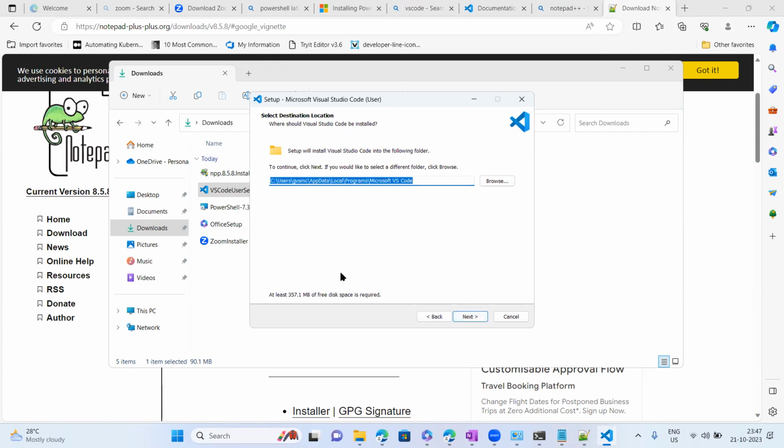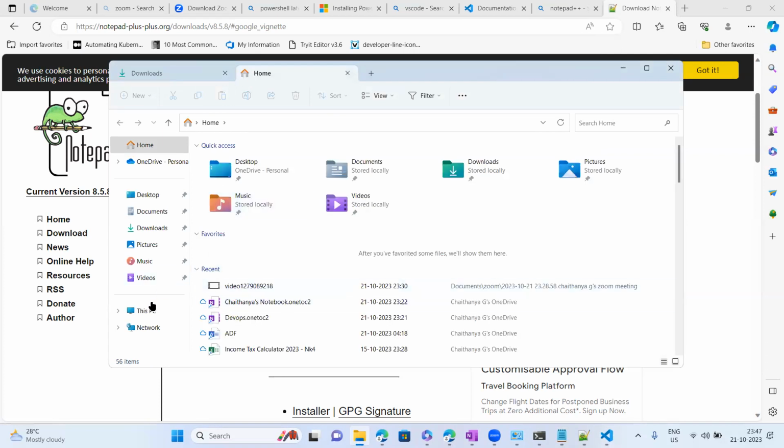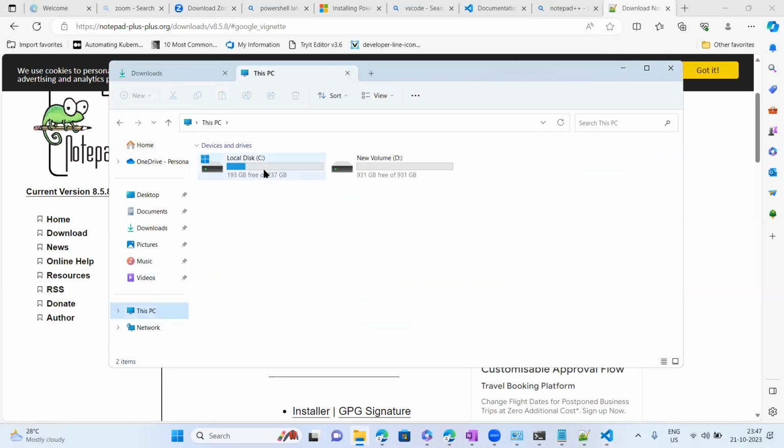Next, click on list. You can see here 357.1 MB. It's asking for the free disk space. Anyhow, I have this space. I click on this next icon. I click on this PC. If you can observe, I have 193, 237 of 193 GB is there. So I can go ahead and install